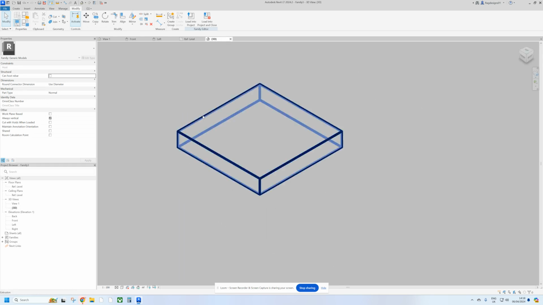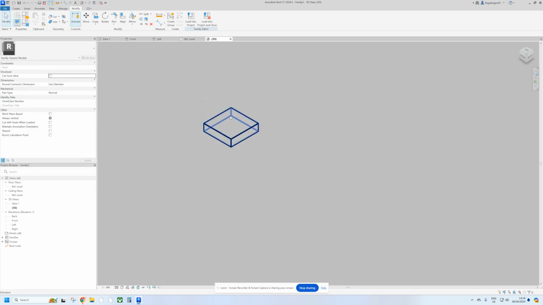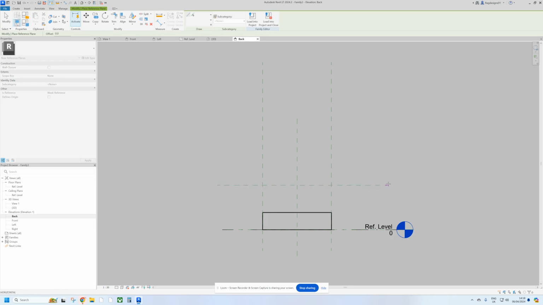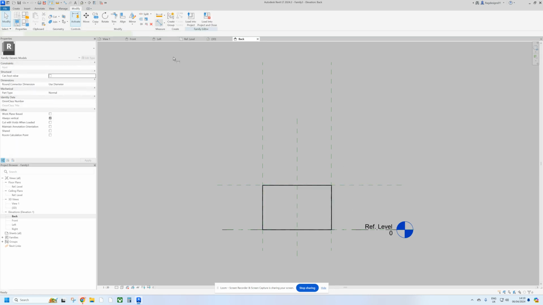So if we go to a 3D view, you can see that we've got that shape, how it looks in 3D. Again, we'll go in there meter by meter by meter, and you'll see everything moves. Now one thing that we're missing at the moment is control for the height. So if we go back to create reference plane, and we'll call this one height. If you click on the geometry, you'll see these shape handles come up. And what you can do is snap that to that, lock it,